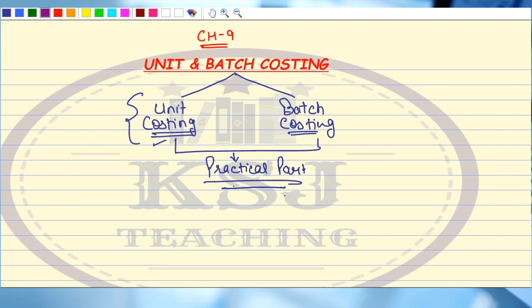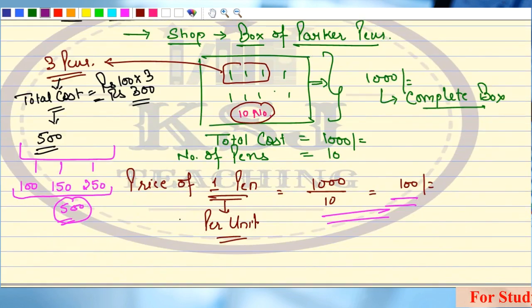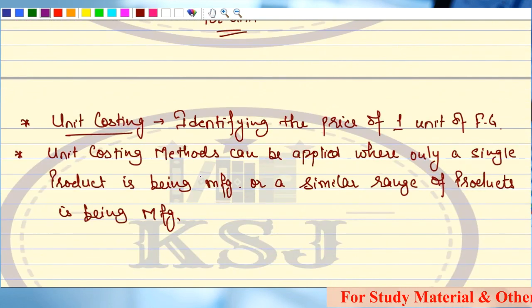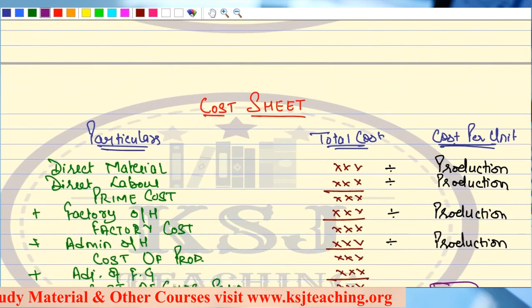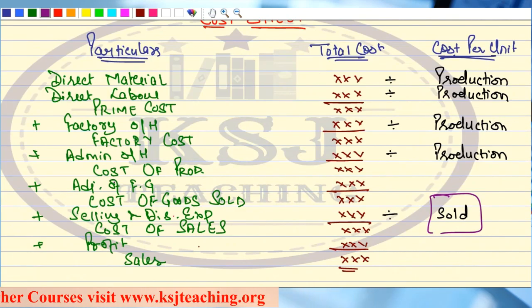So let's continue with our discussion on chapter number 9, that is unit and batch costing, that we started in the last lecture. Very easy chapter, as I told you. And in the last lecture we have seen the basics of unit costing, the conceptual part, what all is there in unit costing, and some of the important things that are to be remembered. Then we discussed the cost sheet and how to calculate the cost per unit,